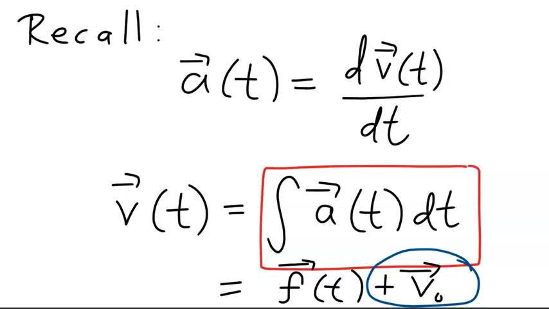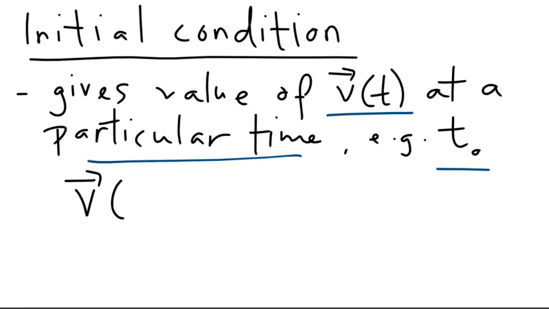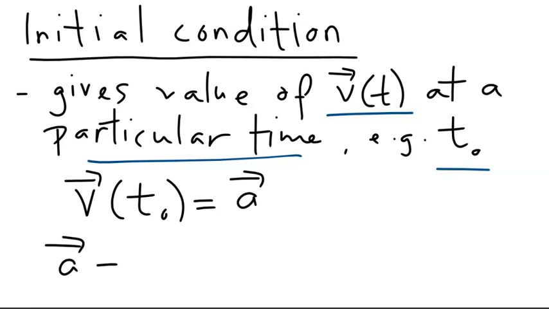Now, how do we find this vector v0, the integration constant? To do that, we need an initial condition. An initial condition is a condition that gives the value of the instantaneous velocity at a particular time, say t0. Let's say the value of the velocity at time t0 is a vector, let's call this vector A. Then by substituting this result in the solution, we have vector A equals the vector function f(t) evaluated at t0